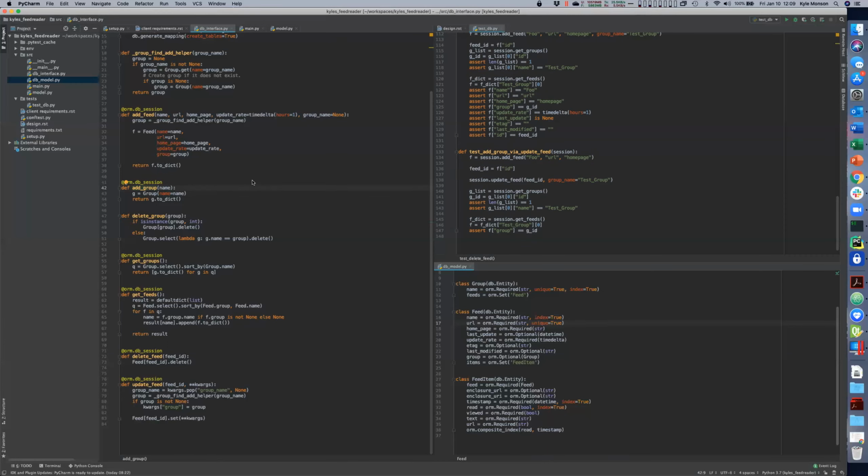So I think the appropriate thing to do in this case is, if we update a feed and switch it to either no group or a new group, we don't do anything to the old group. I think the way I've got it written now, which already does that, is the way that we're going to leave it. Now, if we get to the interface design phase and we look back at this and realize, oh, that's not going to work,